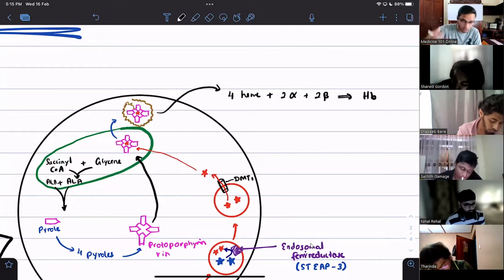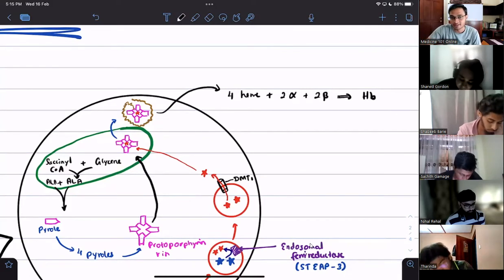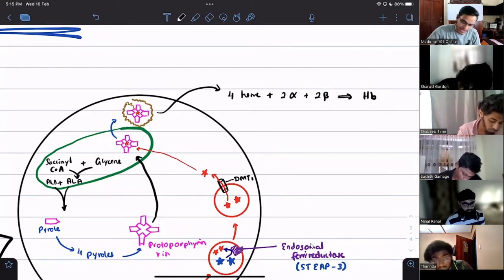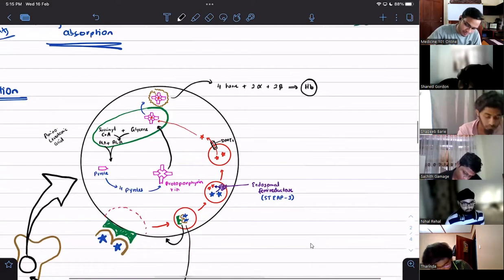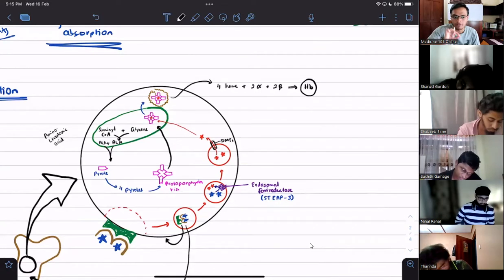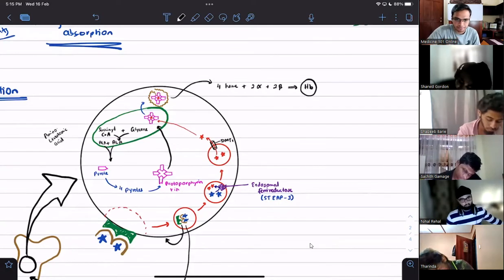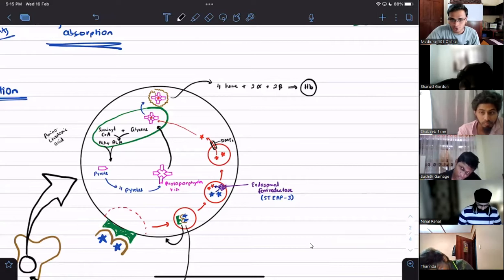That also we have the hemoglobin A, and so on. We'll talk about all of that tomorrow in thalassemia. For now, all I want you all to know is this hemoglobin synthesis. This is all we need for this iron deficiency anemia. So this is how the iron is utilized, guys.